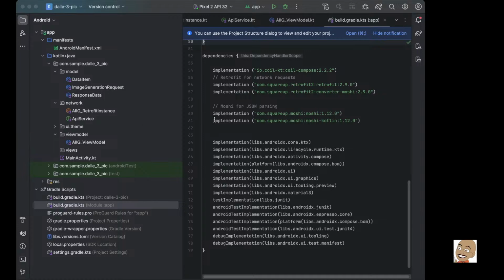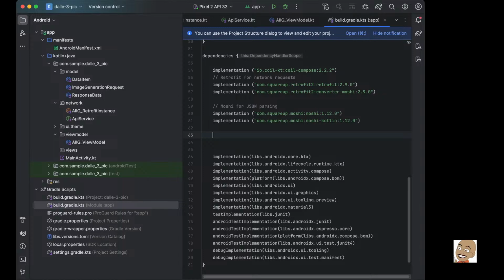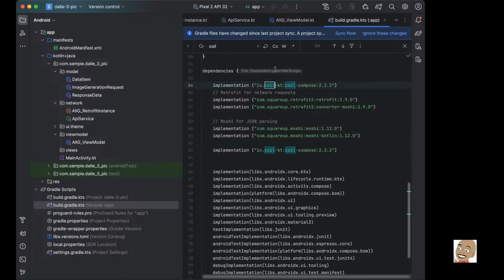And in order to do that, we need to include our coil implementation. So our coil implementation will be this. So we got to make sure we have this. Oh yeah, so I did put it up there already. So yeah, you have to make sure you include that in your implementation in order to use this next thing